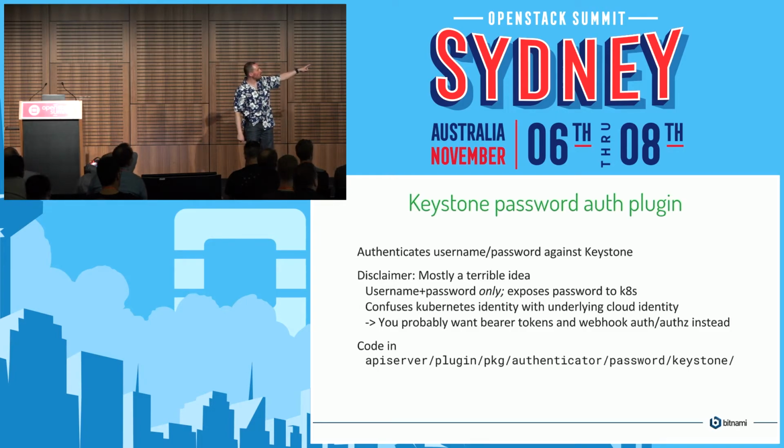And then you do a webhook authenticator authorizer, which will get called every time a new request comes in, and it'll say, hey, is this bearer token valid? And then you add a little bit of code that answers that webhook request, goes off to Keystone, verifies it, comes back with yes, or whatever other policy you want to put in place. Okay, that's the way you should do this. But anyway, that code's there if you want it.